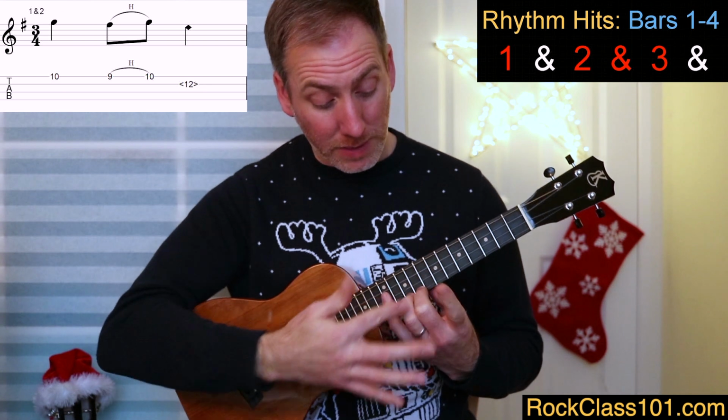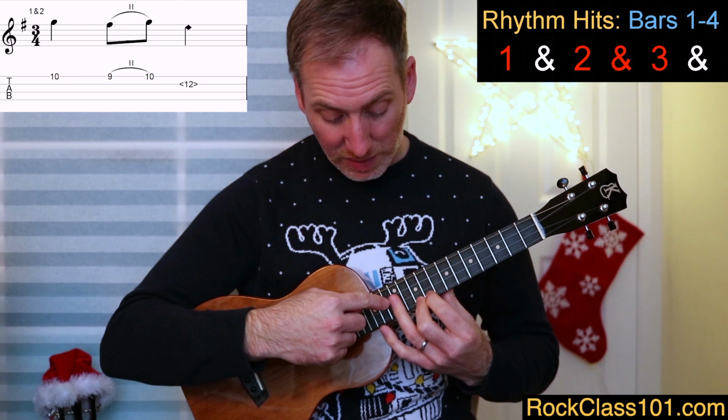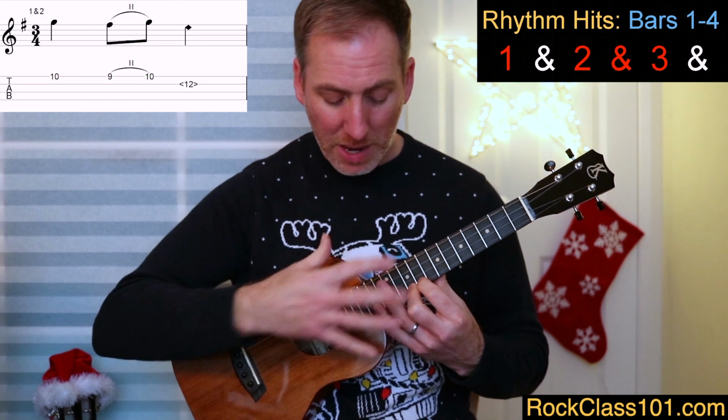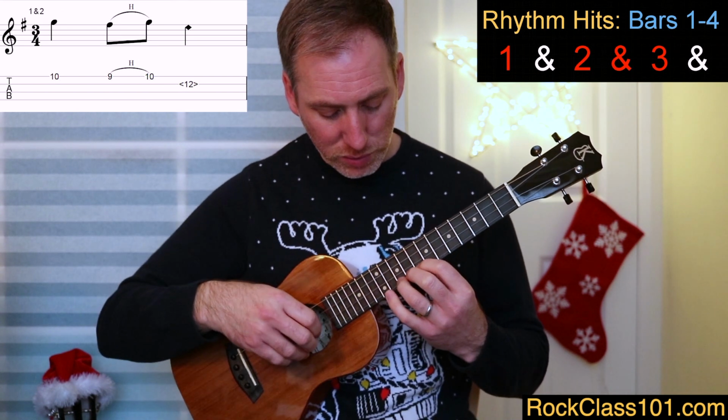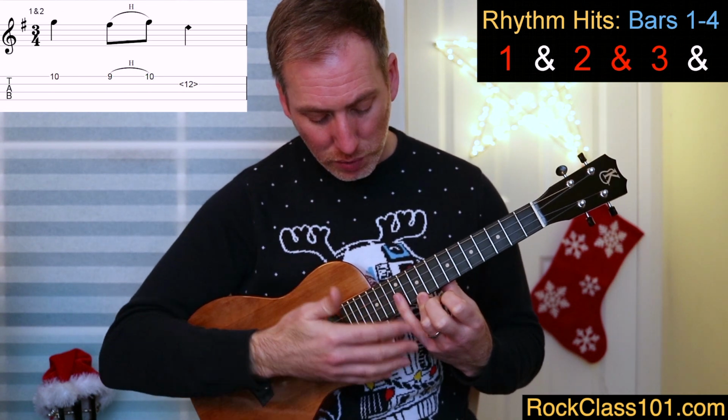If you are doing the same finger as me, if you're playing it with the 2nd finger and the 1st finger, maybe use the 3rd finger. Again, whatever's comfortable. It doesn't really matter at this stage what fingering you use, okay? But whatever finger it is that's going to play this harmonic,